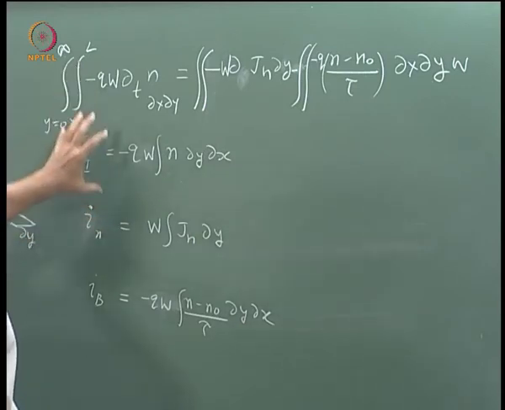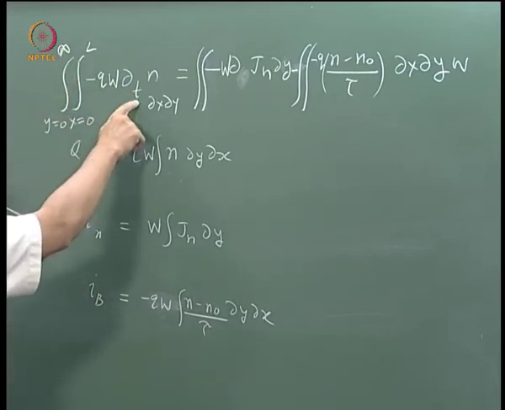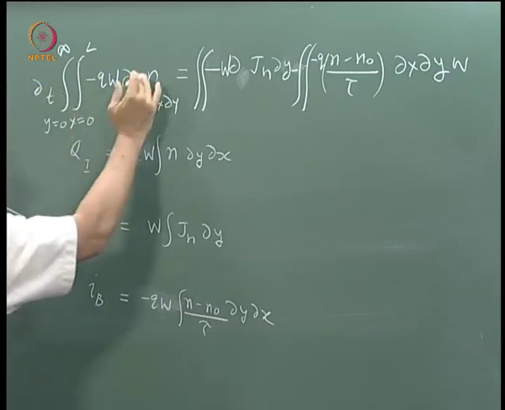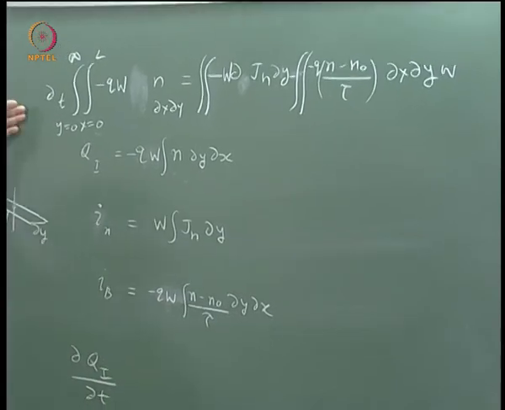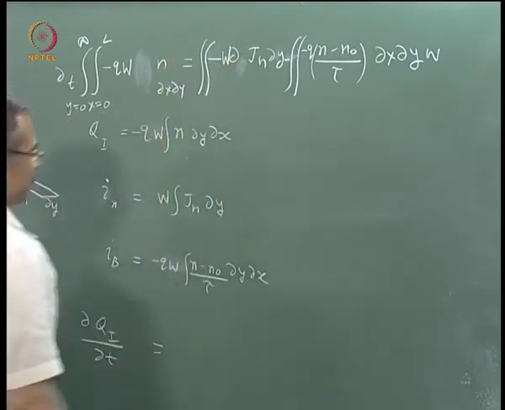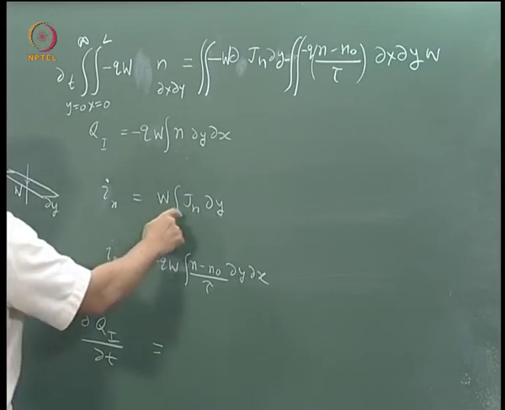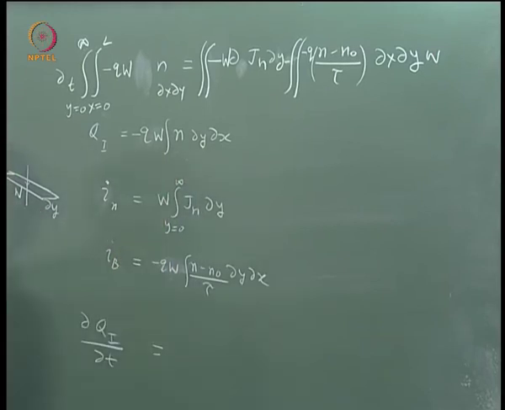Now what will the result be? This will give you now the ∂/∂t, because this time derivative can be brought out when you are integrating with respect to x and y. So I will remove this out. This term will reduce to ∂Qi/∂t. Let us go to the right hand side. This term will reduce to, you have seen here, so here you are going from y equal to 0 to infinity.